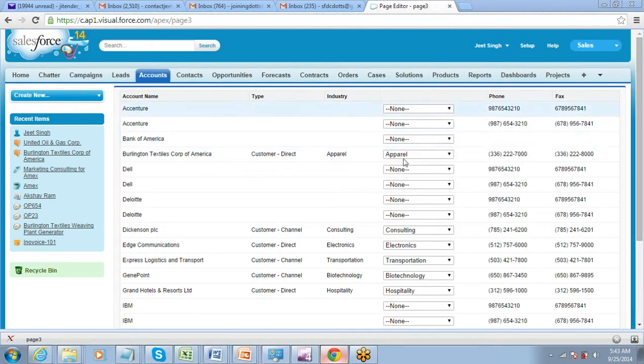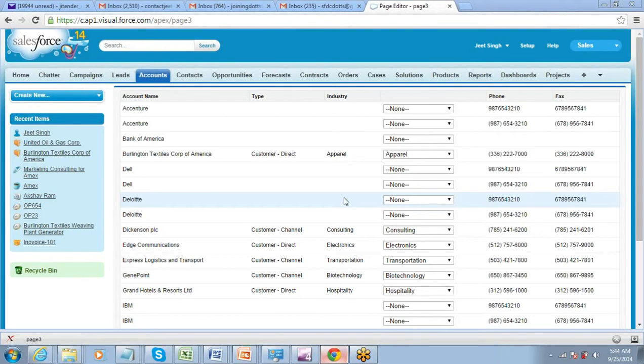Can you see it here? On this page, it appears as an input field in this column, and this is how it appears in the normal field, right? Sometimes you might not want the data to appear like this. You would rather want the data to show up like this. Got that? So this is what we have to now understand.